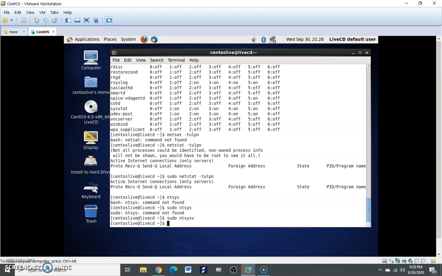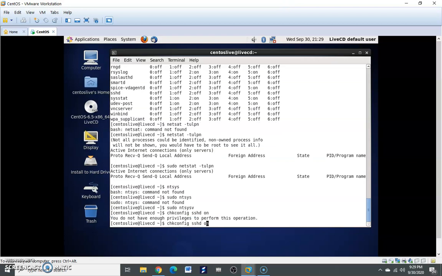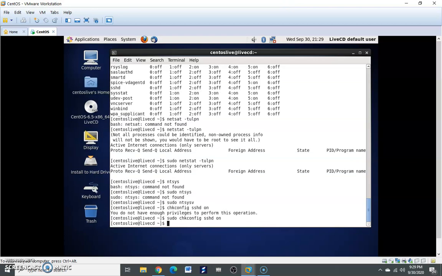Here if I use chkconfig, then which service? sshd, I will make it on. With sudo, super user, it is on now. Actually we already have this on, and you can turn it off also by using the CLI mode.